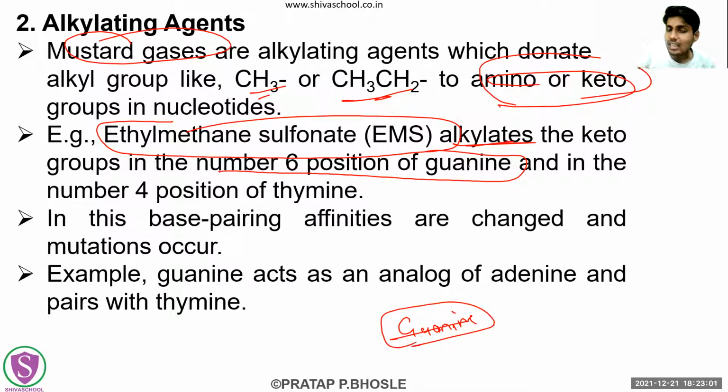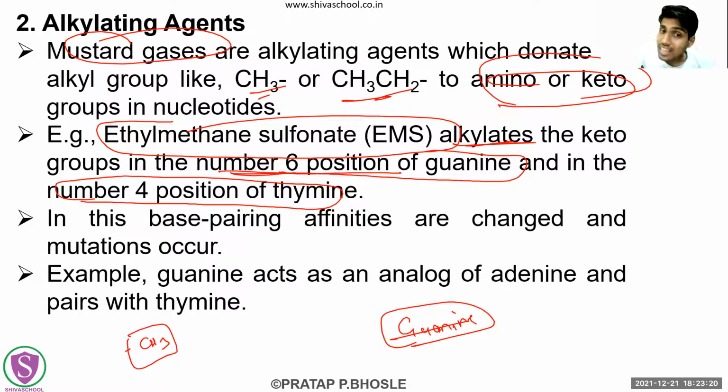यह ethyl methane sulfonate, it adds a keto group to the 6th position of guanine, ठीक है, and in the number 4 position of the thymine. क्या क्या ऐड करता है? अल्काइलेट्स मीन्स व्हाट? It adds the alkyl group, it may be the methyl or ethyl, where this ethyl methane sulfonate